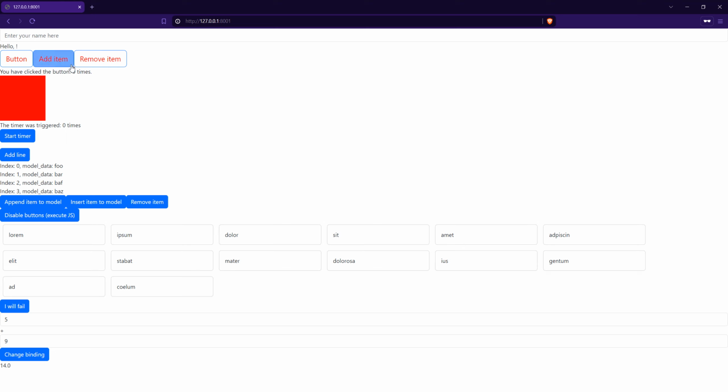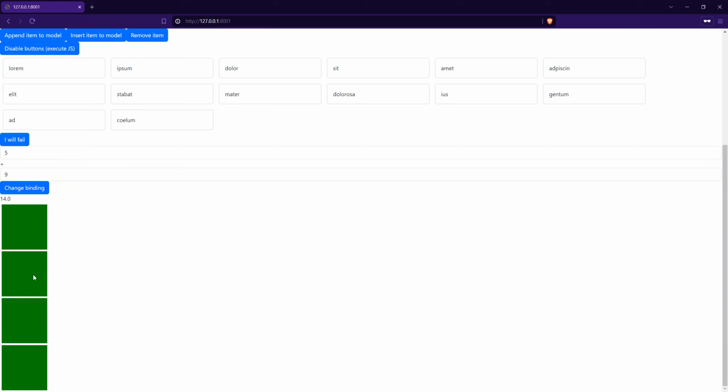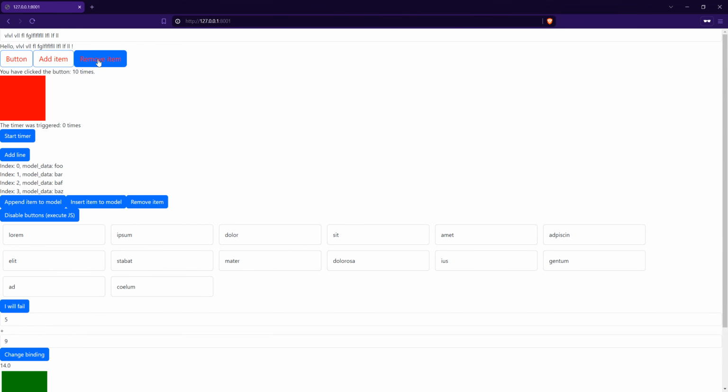And you can see immediately that the elements in the window are linked in different fashion with one another. So if you type some name, for example, in the input box, the text output gets updated automatically. If you click the button, you have a counter of the number of clicks. If you click this other button, you can have some dummy items being added on the bottom. When you do remove item, you now remove them. You can start a timer, which is triggering every second, and then you can stop the timer. Finally, you can add some lines here